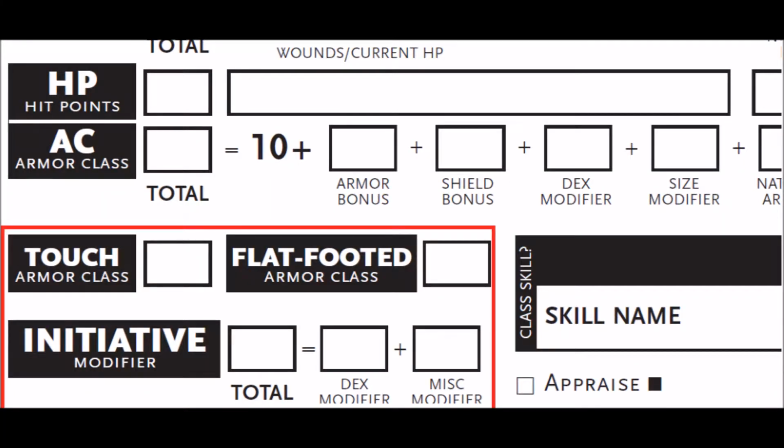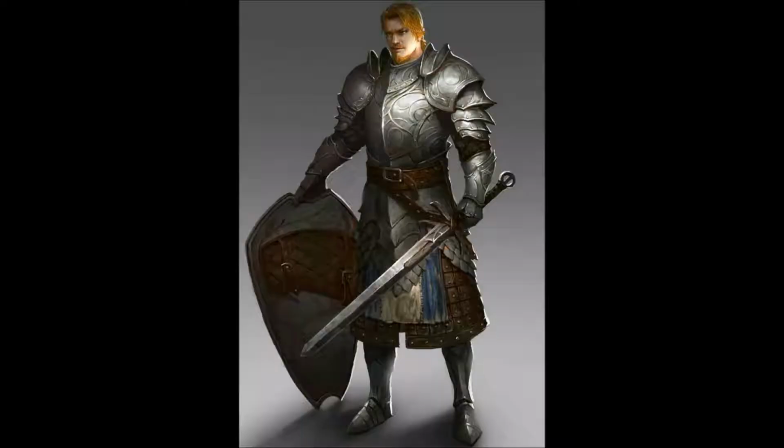The next section would be your touch, flat-footed, and initiative. So, touch AC is your AC minus your armor and some other things. Certain spells, let's use Shocking Grasp. Now, let's say Austin here has plate mail with chain mail under it. He's a good old knight. But I'm going to use Shocking Grasp on him. So I'm going to reach under his armor and cast that Shocking Grasp. I'm completely negating any of the armor that he has on him, and therefore I'd only be using his touch